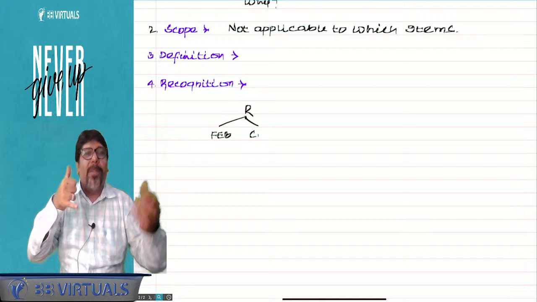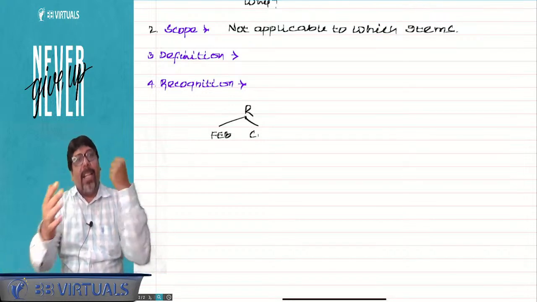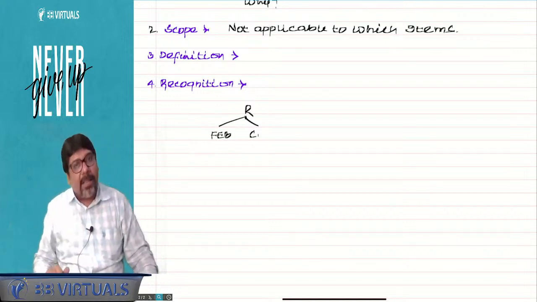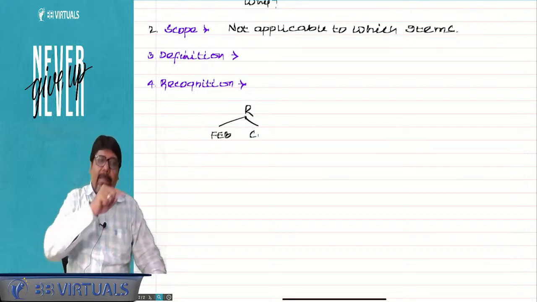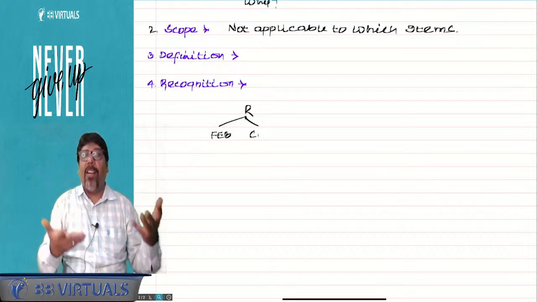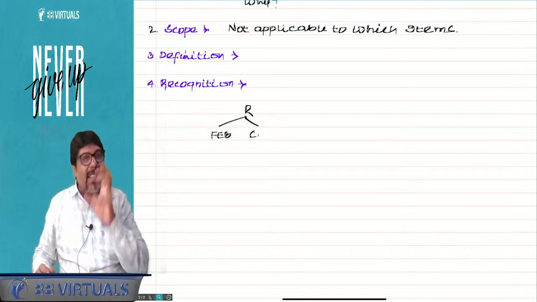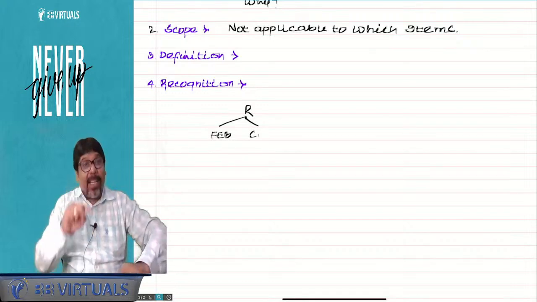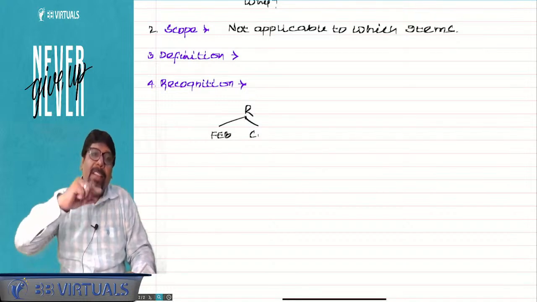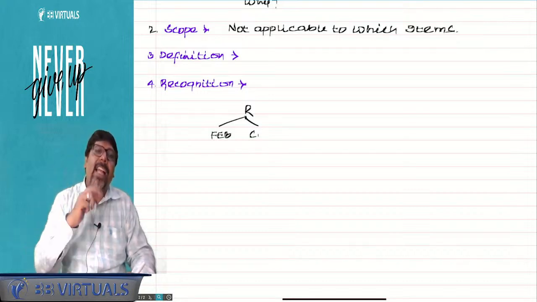So scamsters are calling you because they are buying data and calling you. So does data have a future economic benefit? Yes. So I've got the name and phone number of a lot of students. Is it within my control? Yes. So is it an asset? Yes. Can I record it in my balance sheet? No. Why? Because I did not pay for that database. Cost cannot be reasonably ascertained. So an asset and recognition of asset are different. Recognition means when to record and how to record. When to record: when the criteria is fulfilled. How to record means what is the journal and ledger.